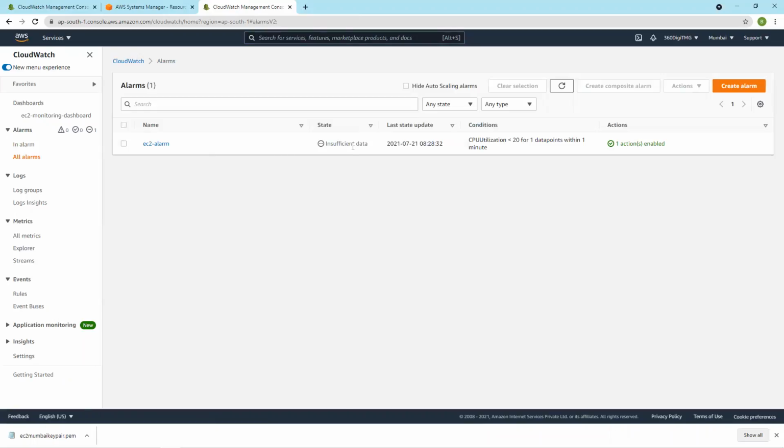Say, why insufficient data? Now again it has become in alarm.